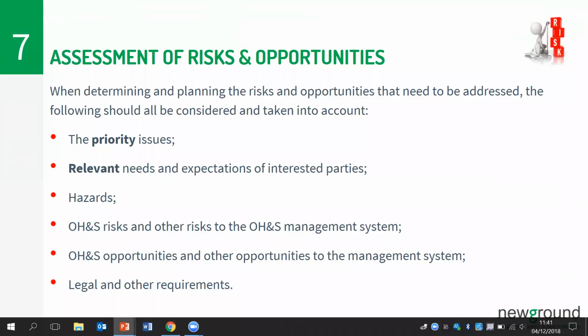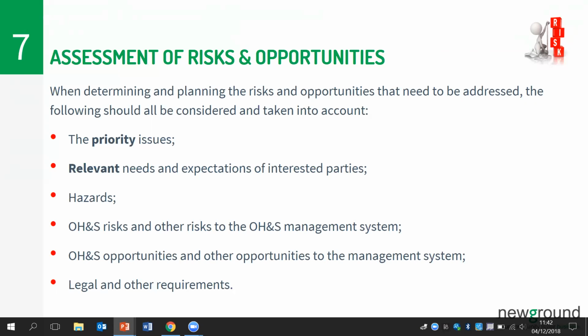So once this is done, the business should then determine the risks and opportunities that it needs to address to give assurance that the safety management system will achieve its intended outcomes, and to support continual improvement in safety performance. So when determining and planning the risks and opportunities that you need to address, you need to consider the priority issues that you identified under Clause 4, the relevant needs and expectations of your workers and your interested parties,